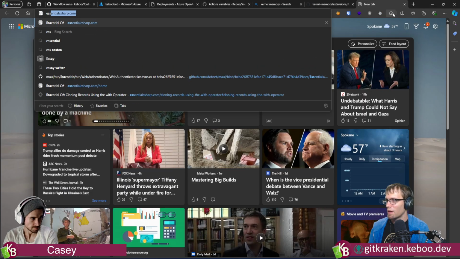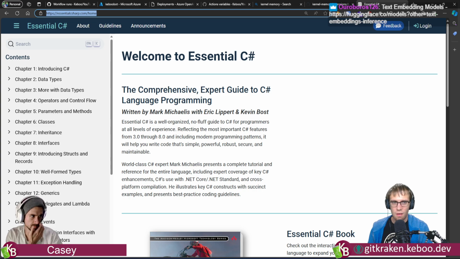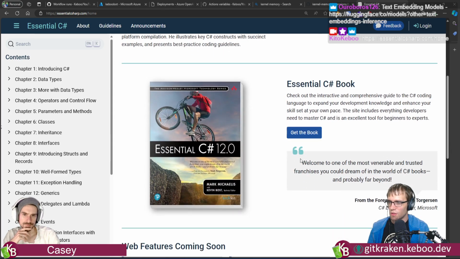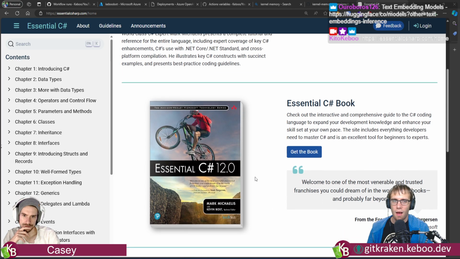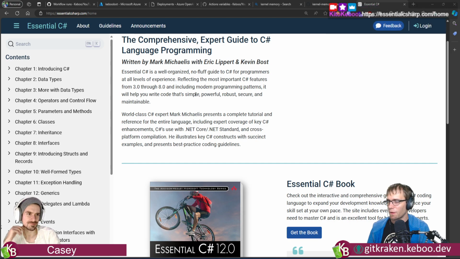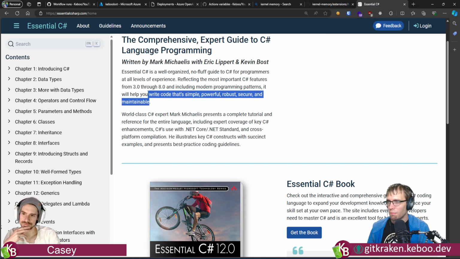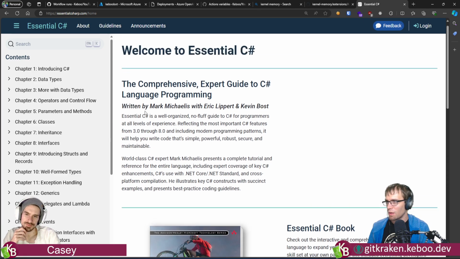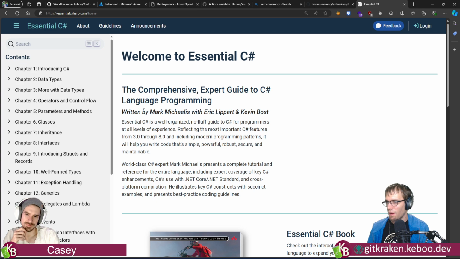I will also say this: if you are interested, here's a nice free resource. This is the Essential C# book. Hey, look, there's my name. And this here is the contents of the book. For some people it'll feel slow, for some people it'll feel fast, but it aims to meet somebody wherever they're at and bring them up to a fairly high level of language knowledge by the end of it.